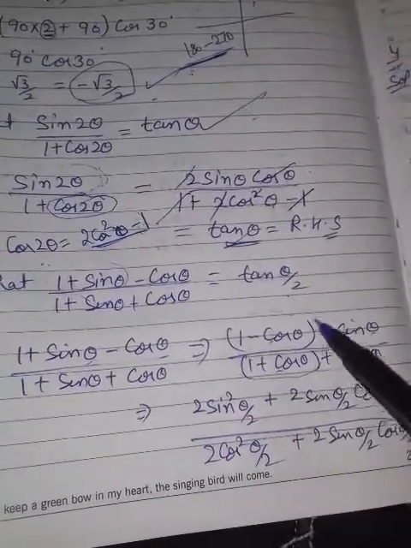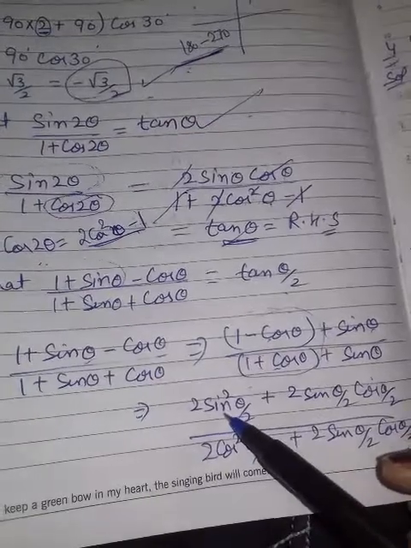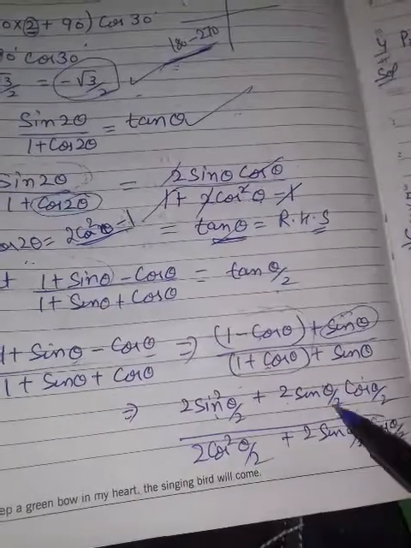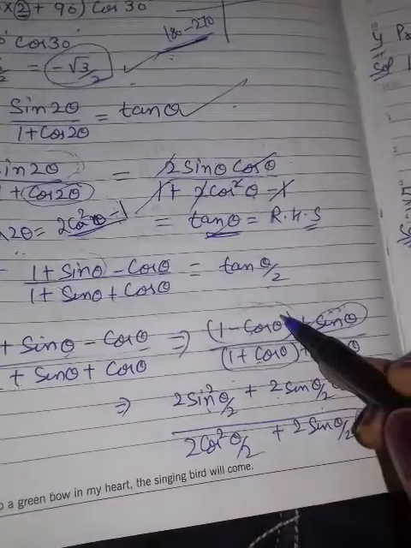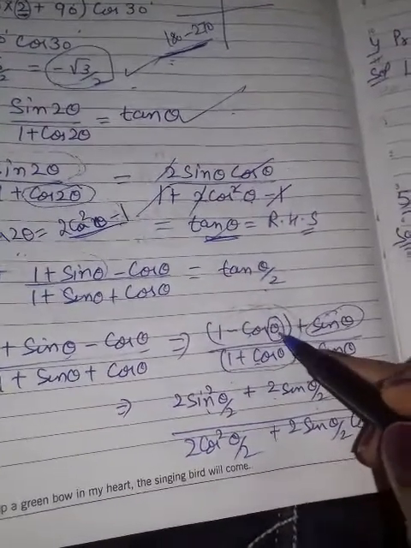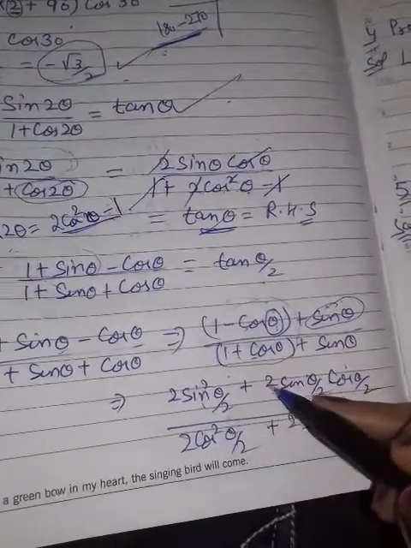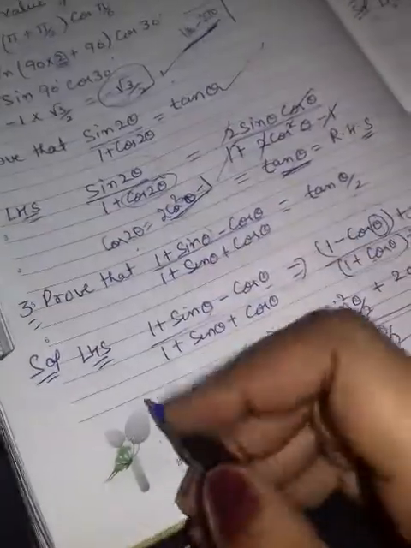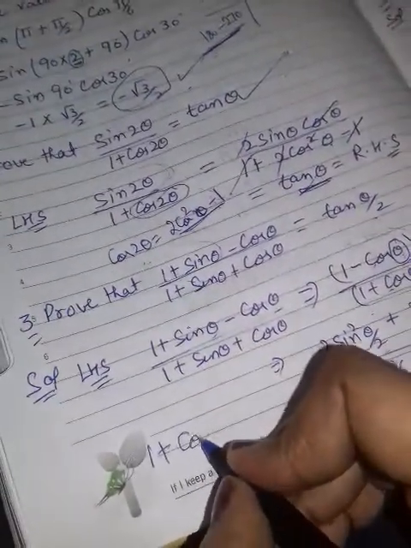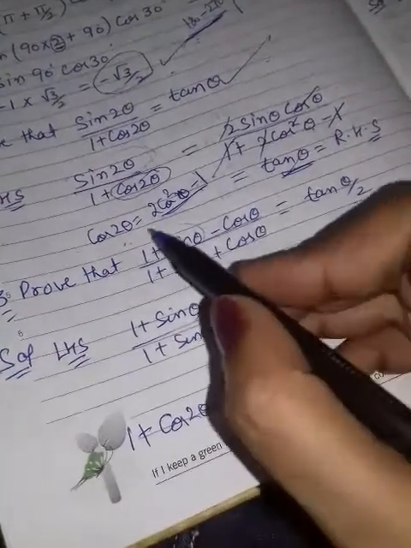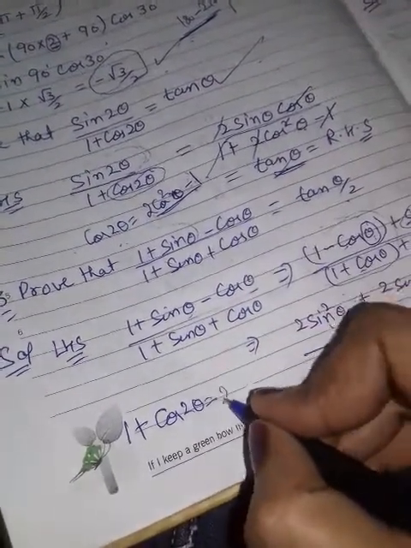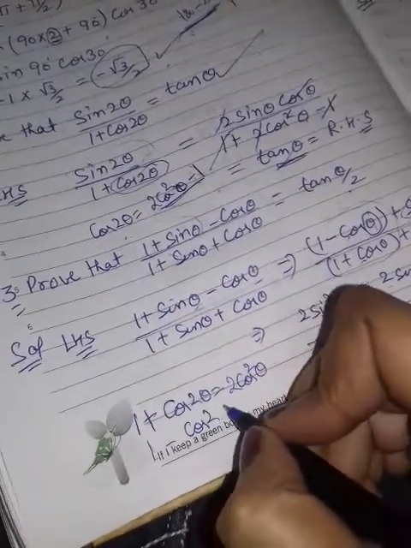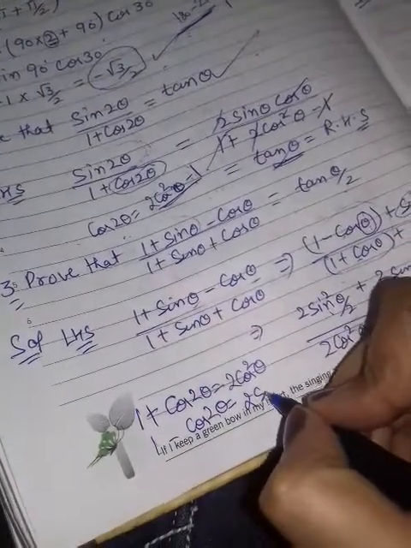Now again by using the identity, this is equal to 2 sin square theta by 2, and this identity you know also, 2 sin theta by 2 cos theta by 2. I told in identities, whenever theta is given, it will be in half whenever you open the identities. Clear? Similarly, remember this identity easily, 1 plus cos 2 theta. I told how it came, but remember it directly. 2 cos square theta, 1 minus cos 2 theta. This is equal to 2 sin square theta.